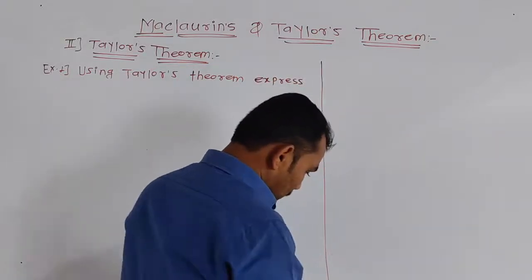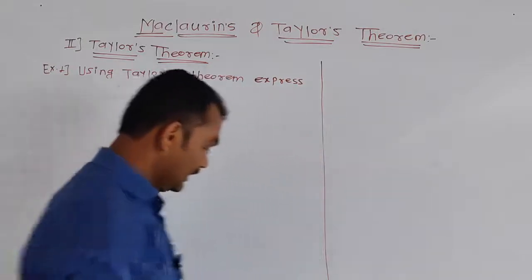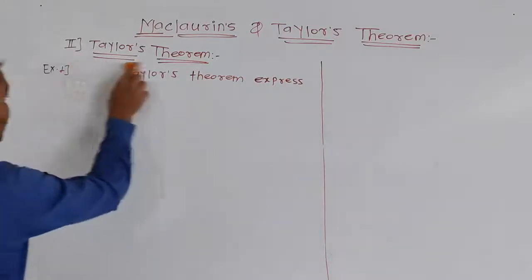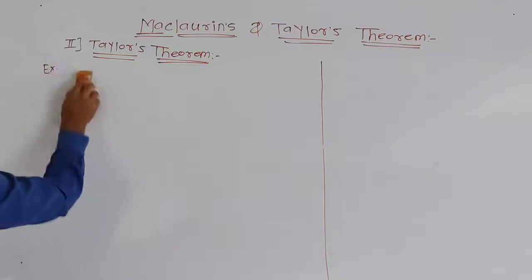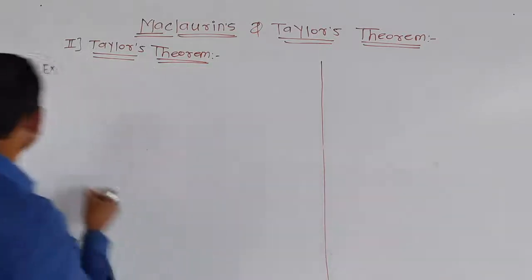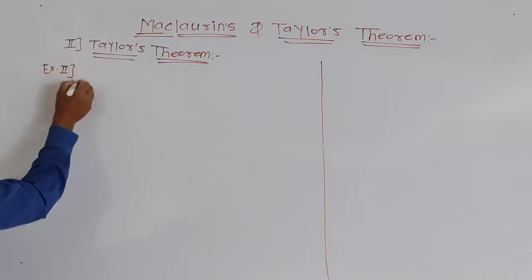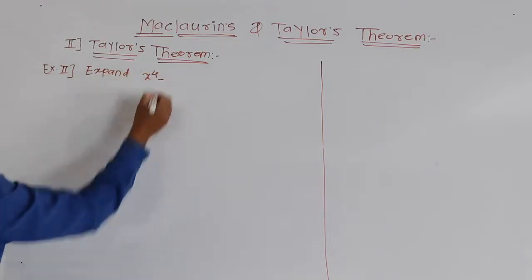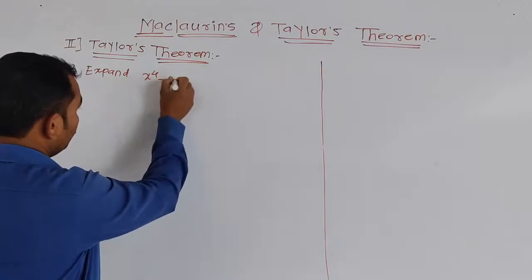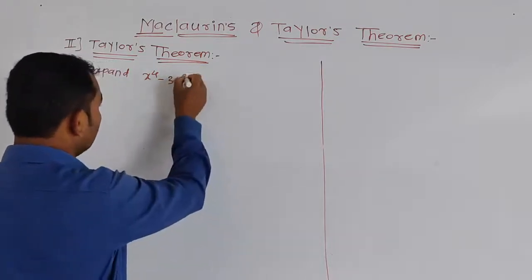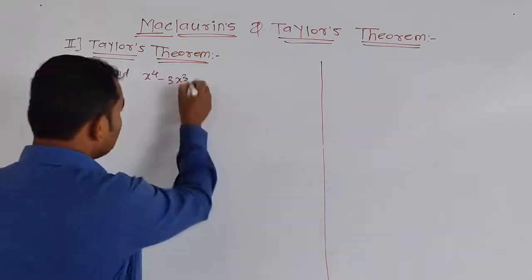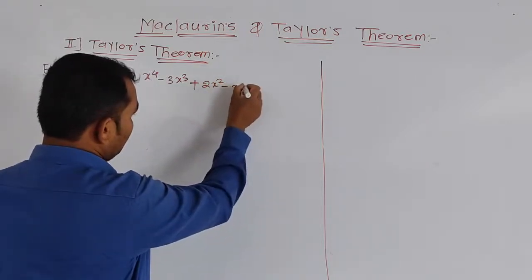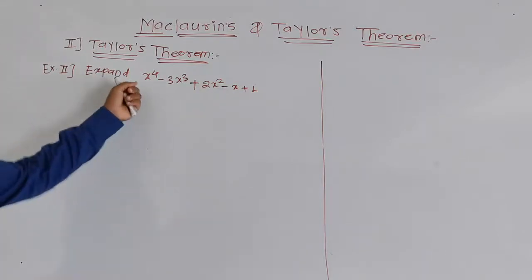Now example second. Expand x raised to 4 minus 3x cube plus 2x square minus x plus 1. This is your f of x, correct? Expand x raised to 4 minus